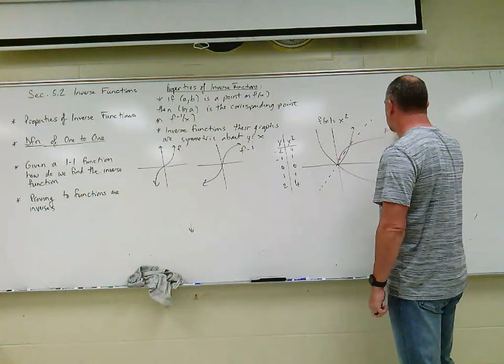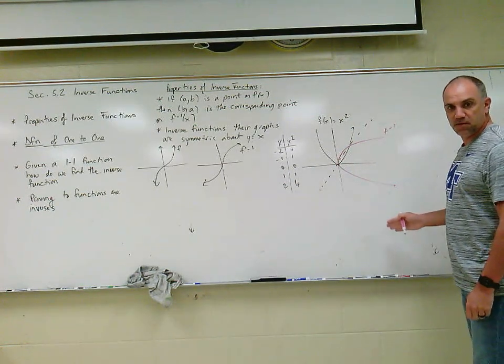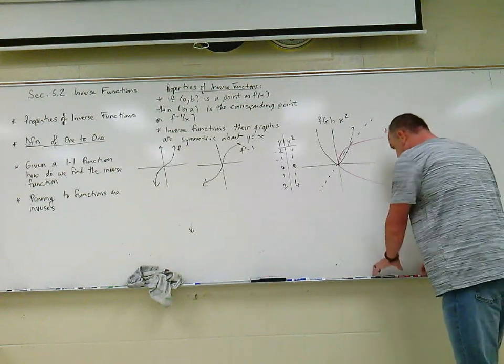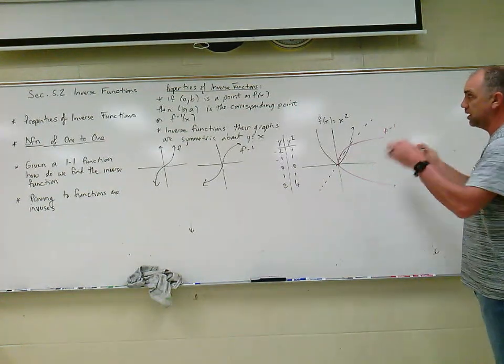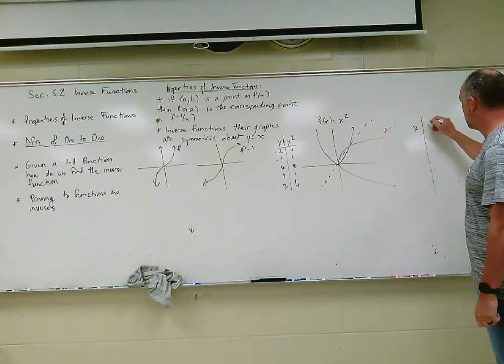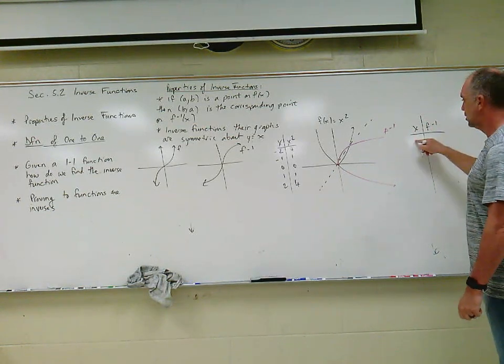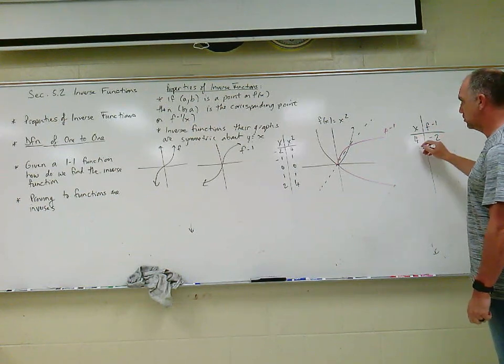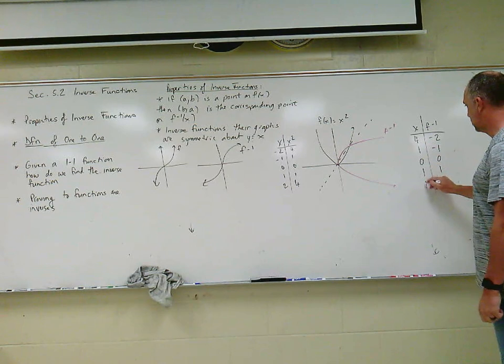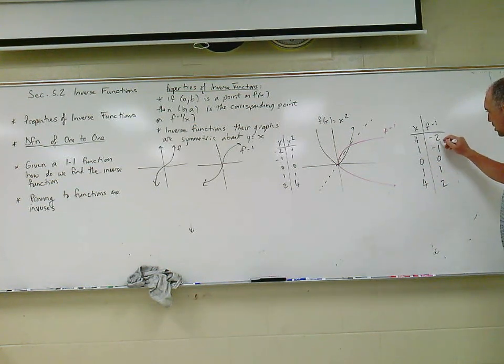That should be the inverse. But notice, it's not a function. Because if we look at the points now for f inverse, we know that all the x's and y's should switch. So now if I look at the points on this, it should be (4, -2), (1, -1), (0, 0), (1, 1), (4, 2). So just looking right here,